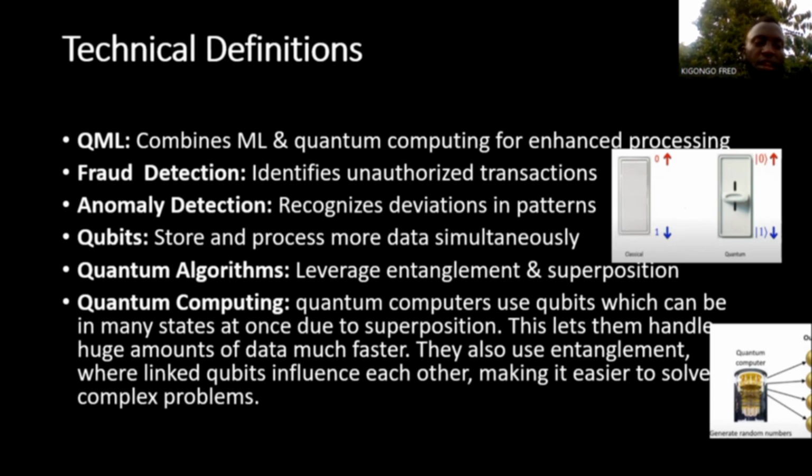Then quantum algorithms leverage quantum properties like superpositions, which I'm going to explain, and entanglement to solve complex problems. After that, we have quantum computing. Quantum computing simply uses qubits to process information, and quantum computers can handle vast amounts of data. Simply because of what I was talking about, superpositions: when we shift from a zero before we reach one, these are called superpositions, and superpositions can take a value like 0.5 or 0.75, such digits in between zero and one.